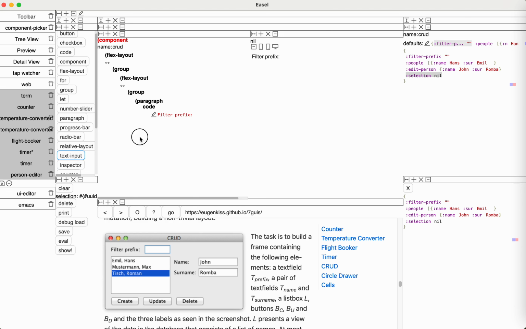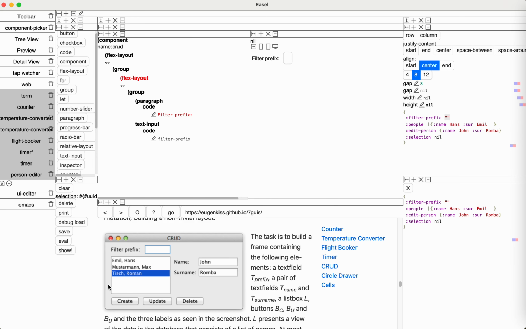I'm going to add a text input. This is going to take the filter prefix here. We'll center, and there's a little bit more spacing here, so I'll just bump it over a little bit. And now the next row here